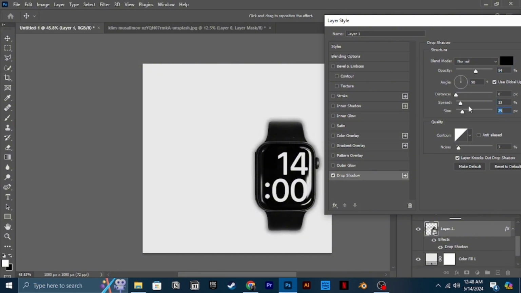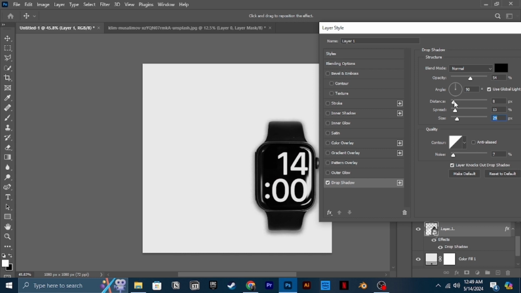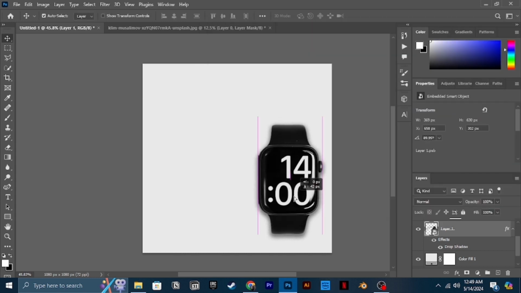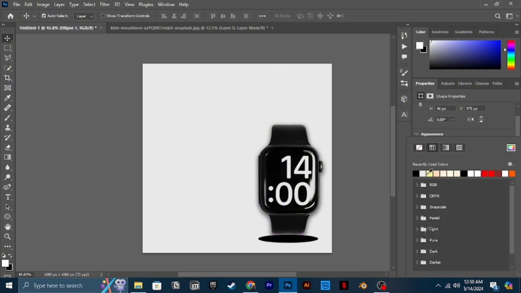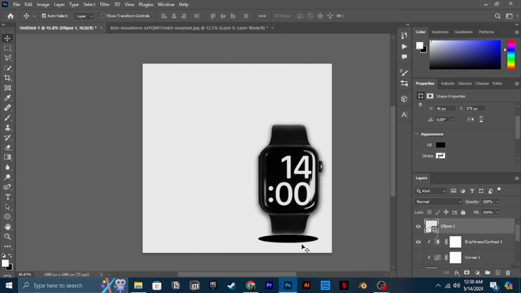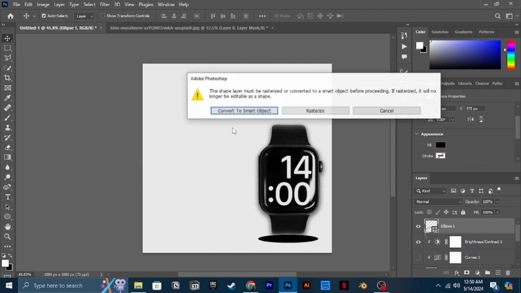And now I'm adding the drop shadow to separate it from the background, and also adding a shadow beneath it to make it look like it's hovering above the ground, which is a very nice effect in my opinion.